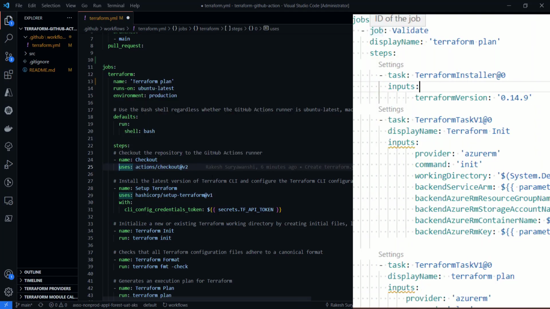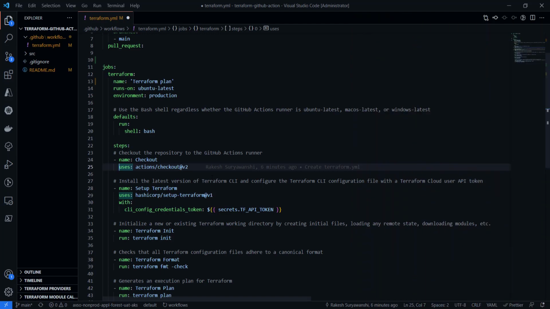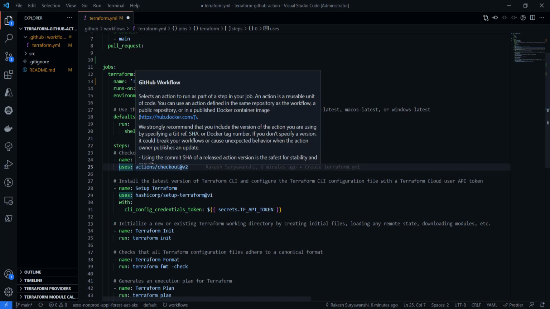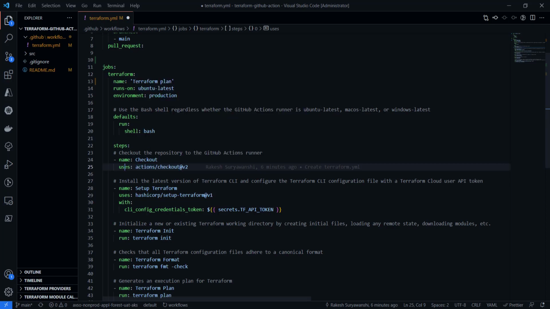In Azure DevOps, you use the task keyword to use any built-in task, even for, let's say, the script task. So you have a script task to run. Whereas in GitHub, you have two keywords which you should remember. One is uses. Uses means you would like to use a built-in action which is available in GitHub, from the GitHub repository or any third-party provider. When you use the keyword uses, you need to specify which action you would like to use. In this case, we want to use the checkout action with version 2.